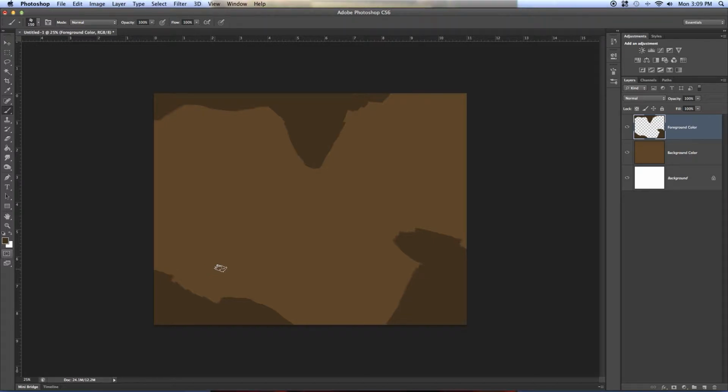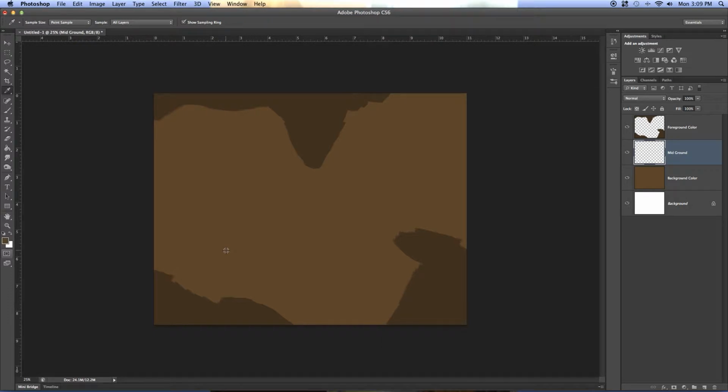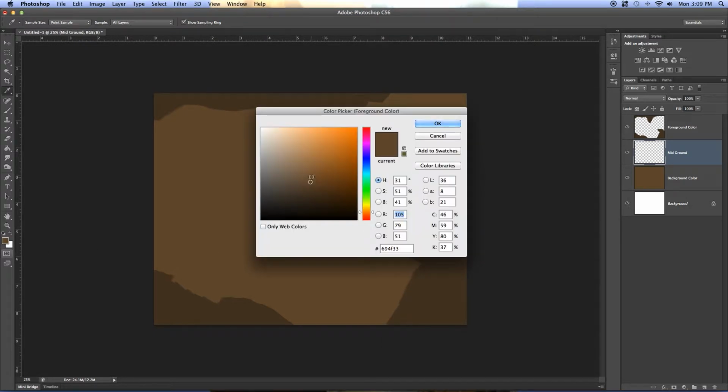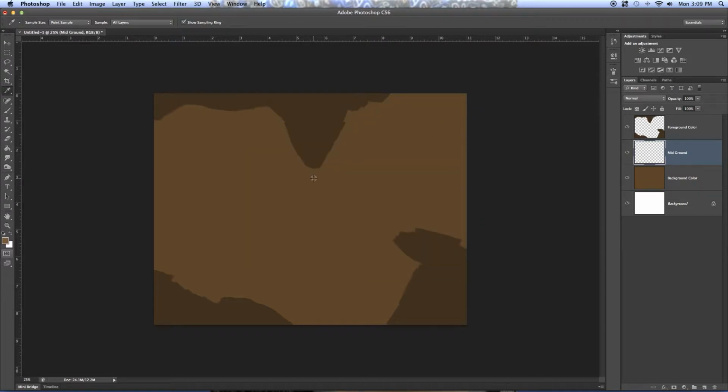Next step is I'm going to come in and make a new layer again, and I'm going to call it midground. This is going to be the formation that is behind my foreground, and make sure you put it second in the stack so that everything we draw goes behind our foreground color. For this color, I'm going to sample the background again, and I'm going to make it a shade or two lighter. So now I can come back in